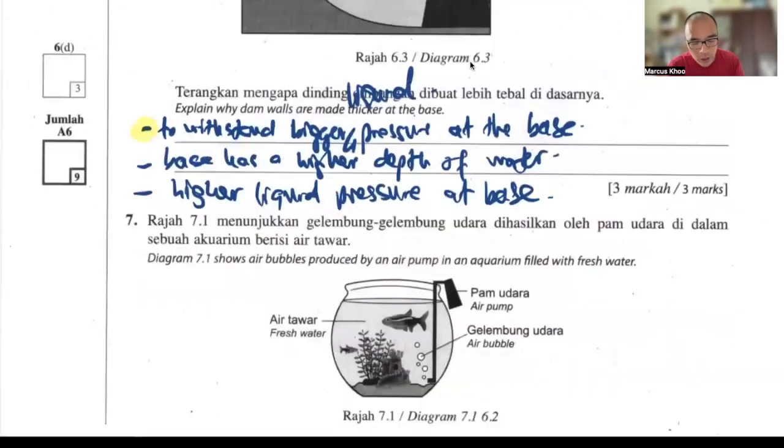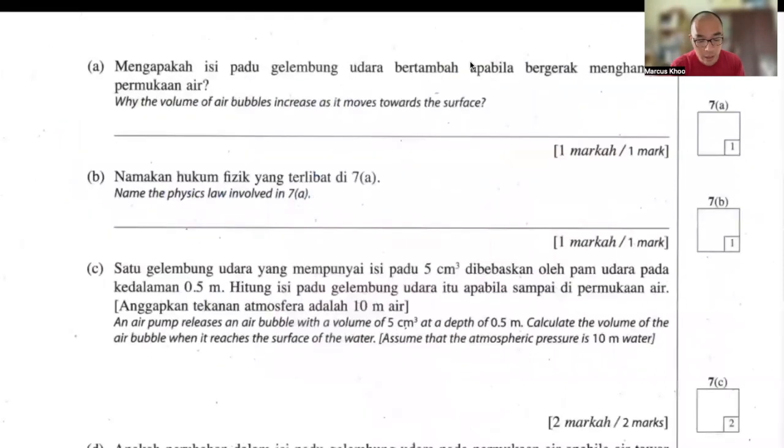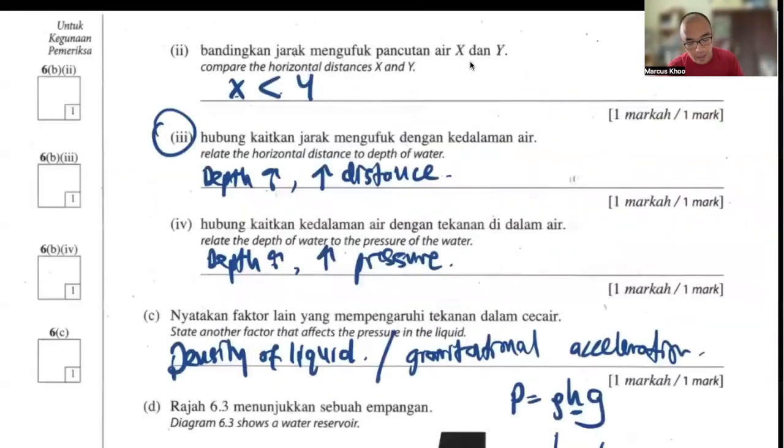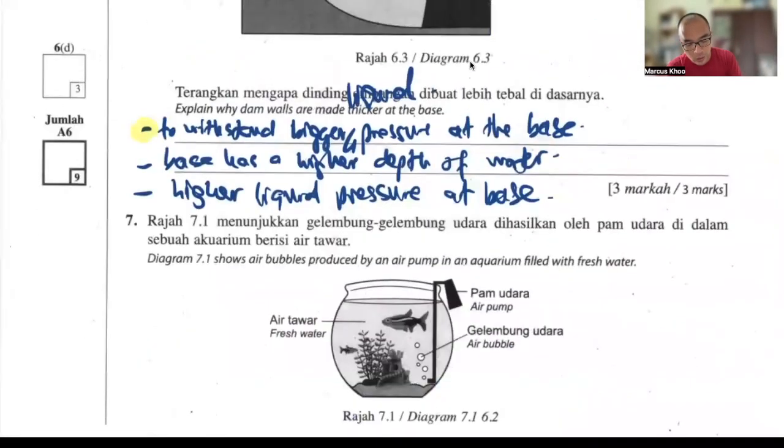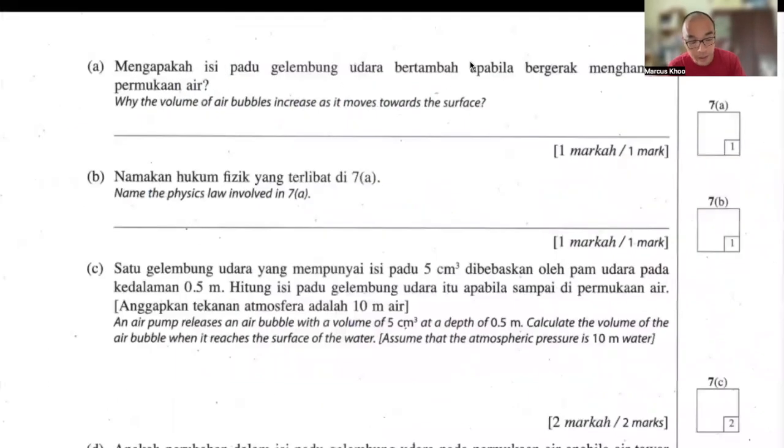Diagram 7.1 shows air bubbles produced by an air pump in an aquarium filled with fresh water. Why does the volume of the air bubbles increase as they move towards the surface? This is a standard one. At the bottom, the bubble will be small, and as it moves towards the surface, it will get progressively bigger because the pressure